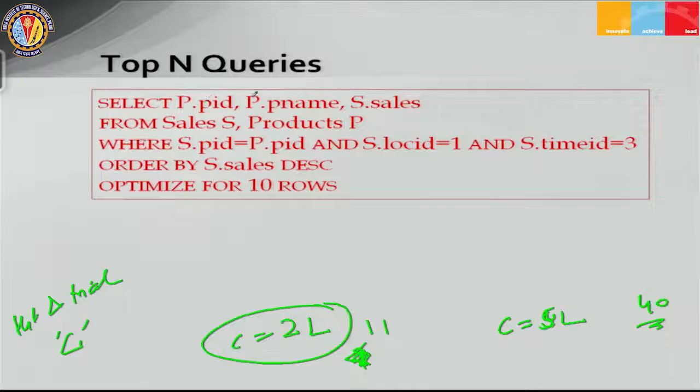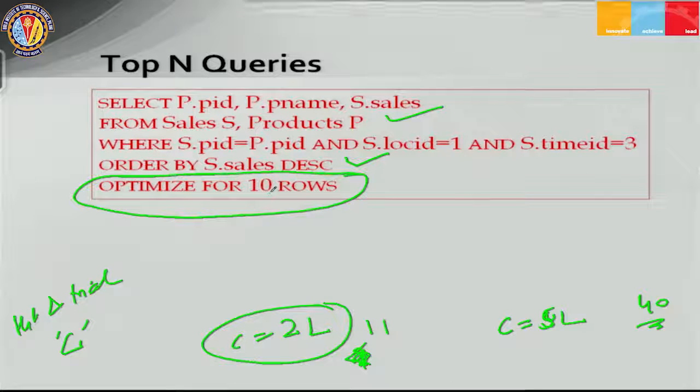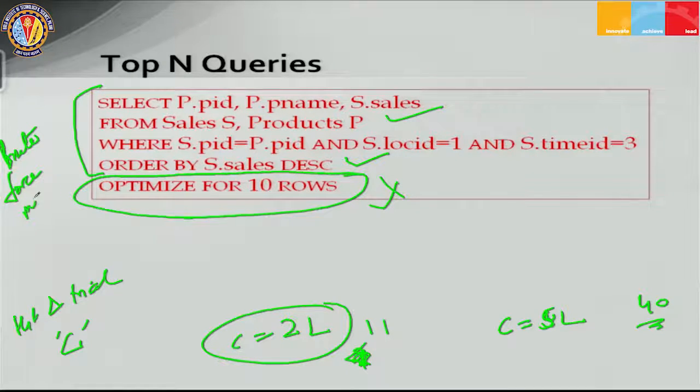So select p.id, p.name, p.sales, s.sales from this join, order by sales decreasing, and then I have one extra piece of information here that says optimize for 10 rows. If I remove this from my SQL query, it is nothing but the brute force method, which